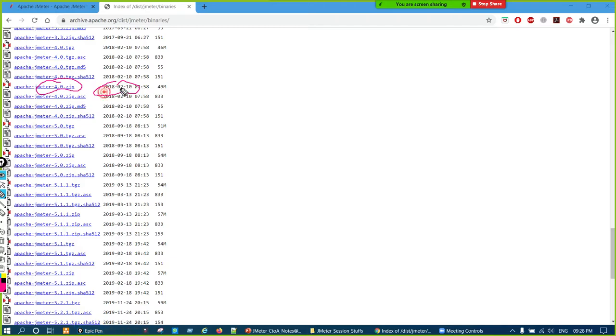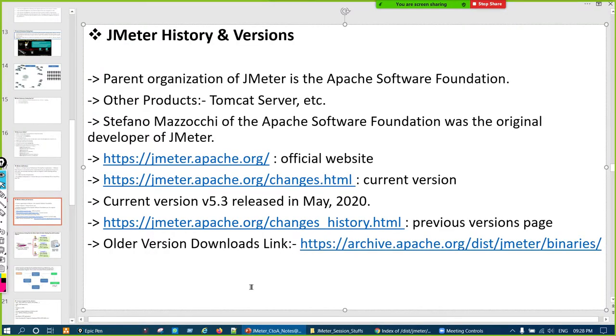Yes. So year, month, date. In February only, on February 10, 4.0 was launched. So whoever says that he's working from 2018, you should say that I was working on JMeter version 4.0, like that. And yes, if you remember some important changes, that will be good, but that doesn't matter, right? But at least we should remember the version that was there in the particular year which you are going to show in your resume, right?